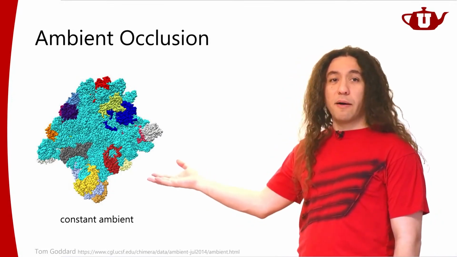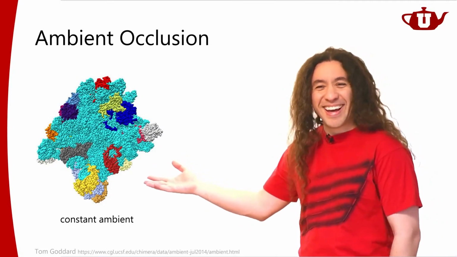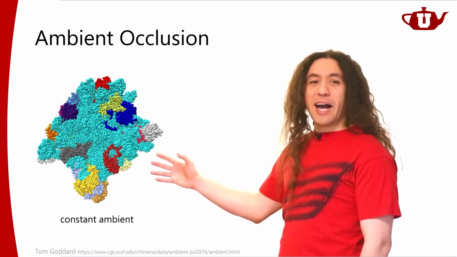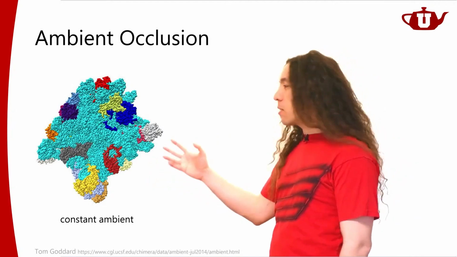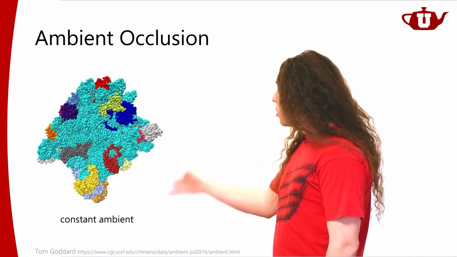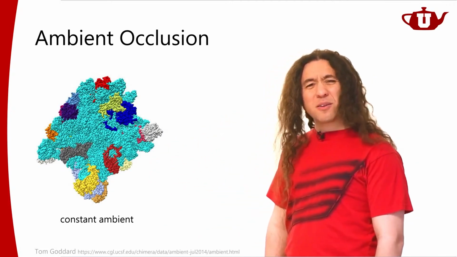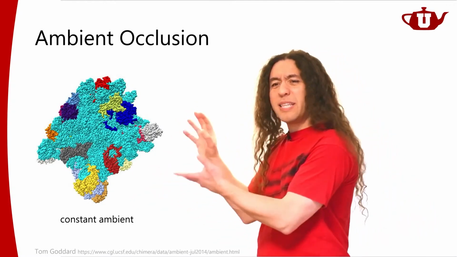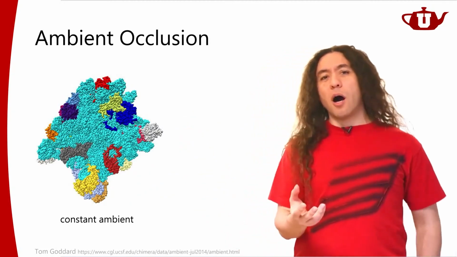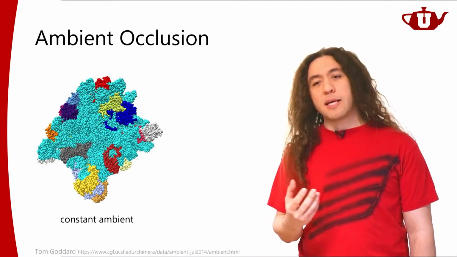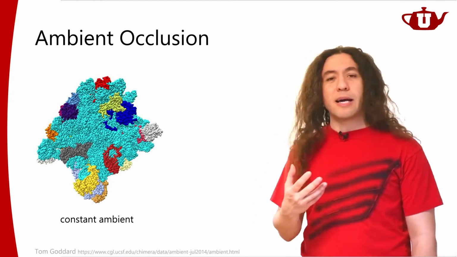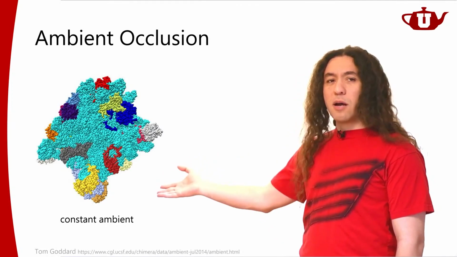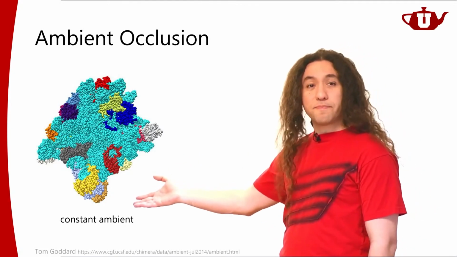Here's an example of something. It doesn't matter what it is. The point is that I have this complicated shape I'm looking at. There's some colors here. Can you see what it looks like? It looks kind of like a blob, right? You can't quite tell what it is. I mean, real world objects are things that are familiar to us, and you might be able to recognize what they are, even with really simple illumination. So here I'm using constant ambient.